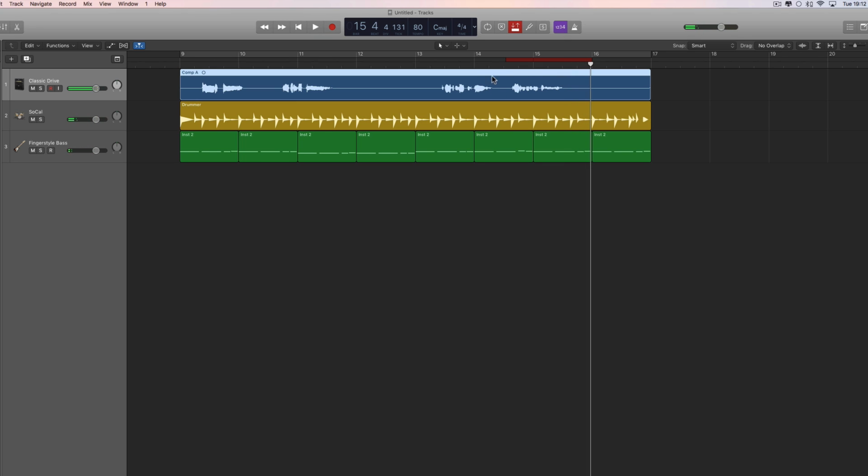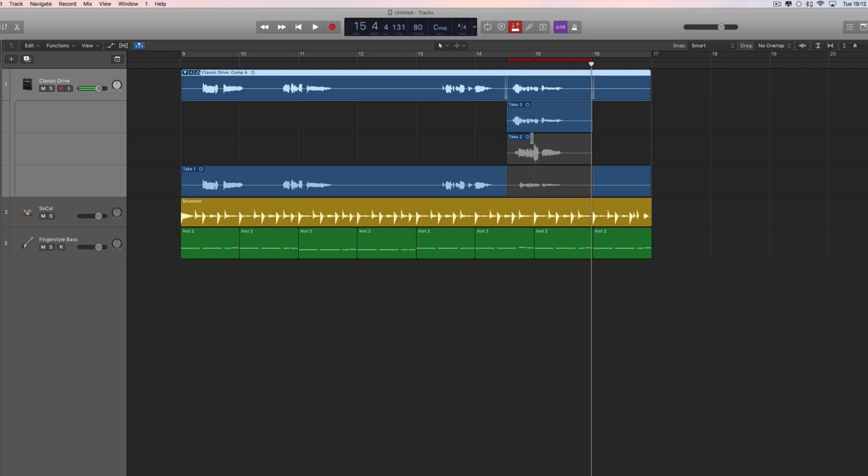Okay, there you go. So that is take folders and the quick swipe comping. And by the way, another thing about this: when you do drop-ins, it creates a take folder and does the auto swiping for you. So this is dropped in, whichever one, and the gap is made there. You can still adjust the edge like that, and the out edge can be adjusted,